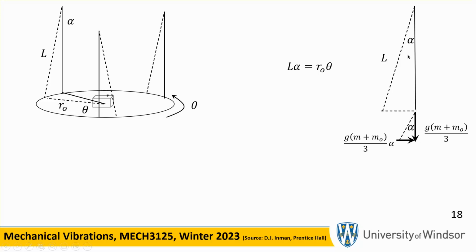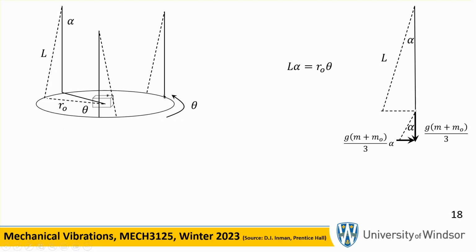So for small angle oscillation, we're talking about a tiny amount of rotation of this disk. If you look at this triangle, this length is given here, 1/3 of the weight of the assembly, and this angle is very small, so that is equal to this length times the tangent of that. But for small angle, tangent of alpha and alpha are the same, so there we go. This force, which has a moment arm of R naught about the center of the disk,